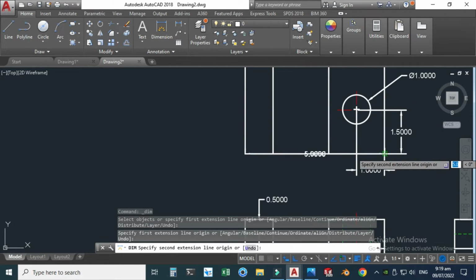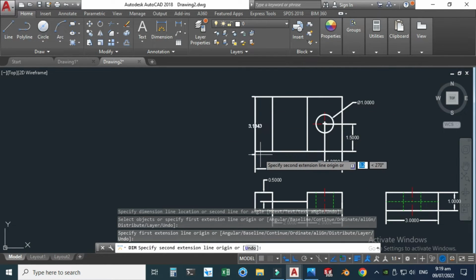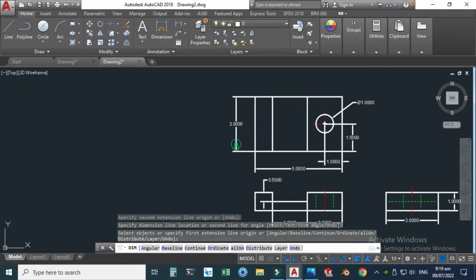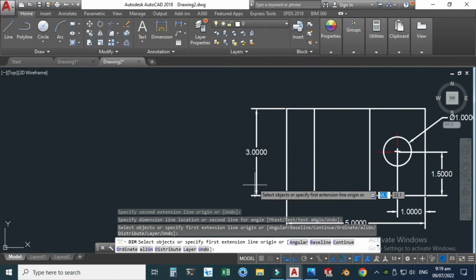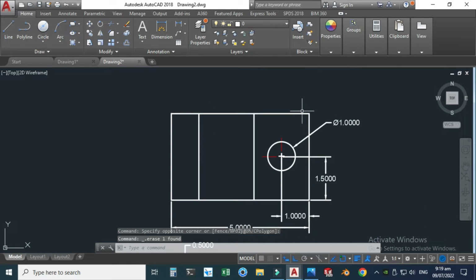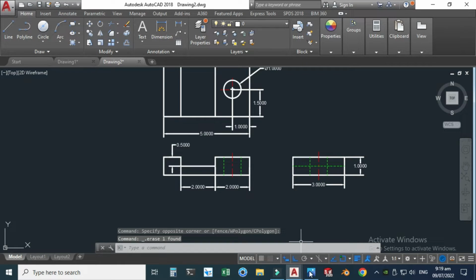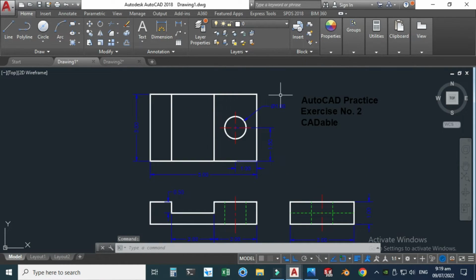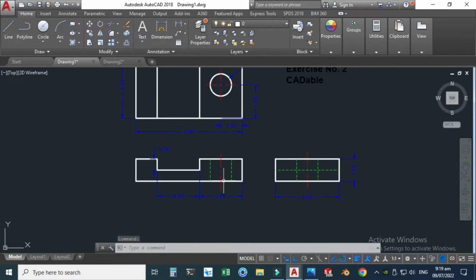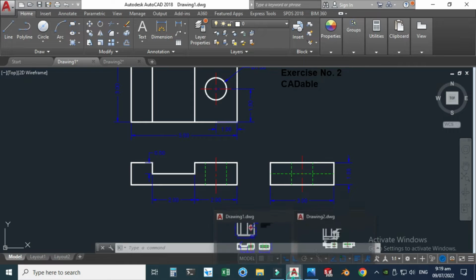Okay, and this dimension is 5 units, and let's say this one is 3 units, which is also defined here. So let's say I will delete this one, so no need to define dimensions 2 times. And let's go to here, and okay,